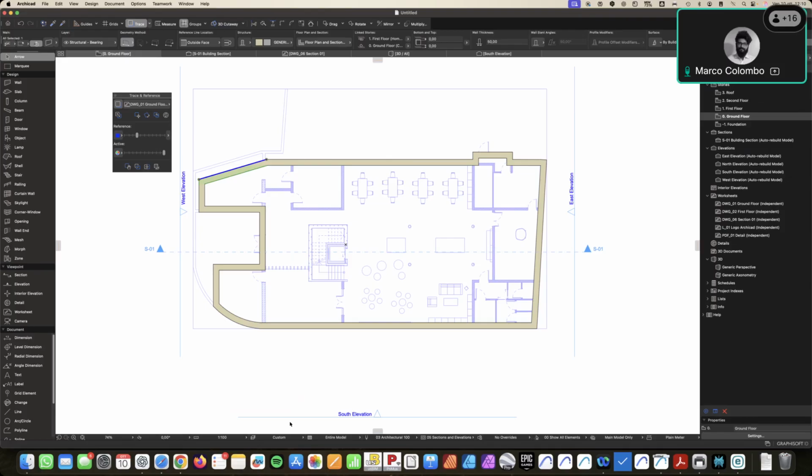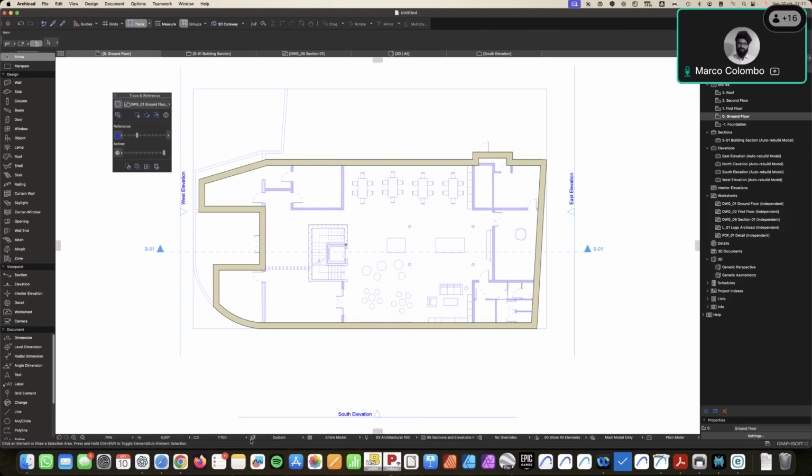So up to now, we will not speak about layers, because layers are an advanced tool that we will discuss halfway through the course. But we will start to use this as an axiom, like in mathematics when we needed to accept something because it's like this. Okay, so it's an axiom. We will learn and use this axiom as the rule for layers. When we start to model something that is part of a stage of evolution of our project, in this case, the creation of the exterior walls and of the interior walls,